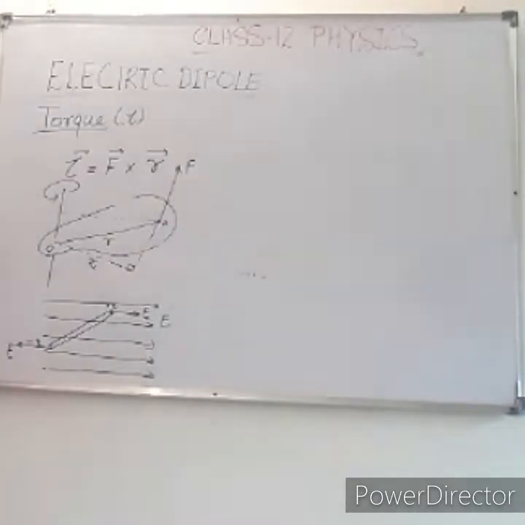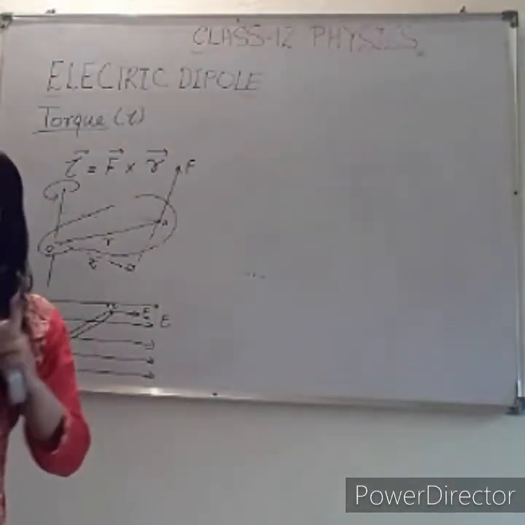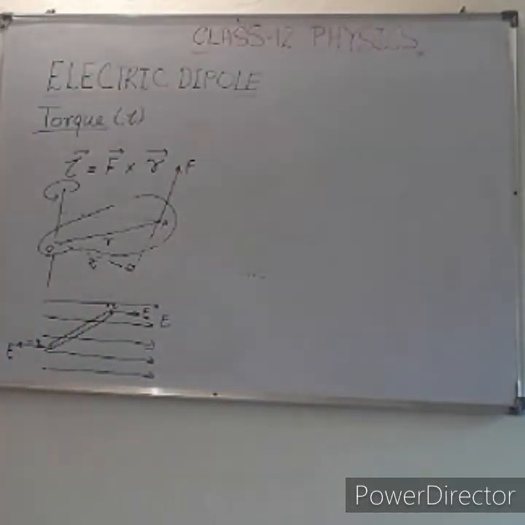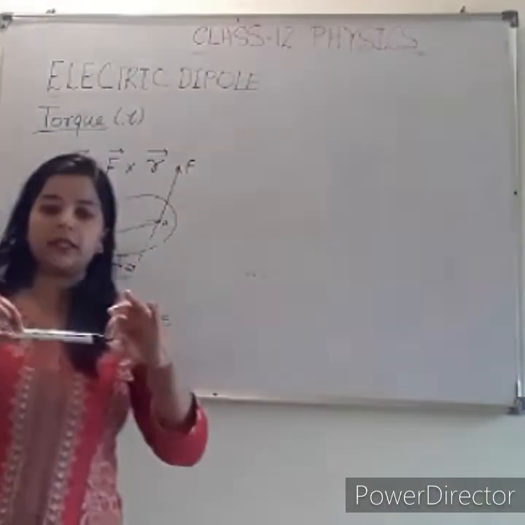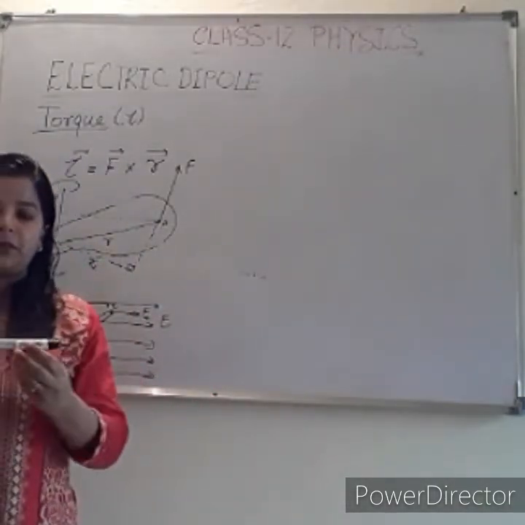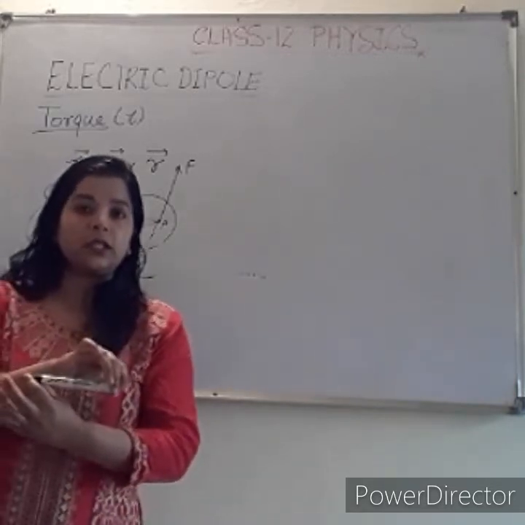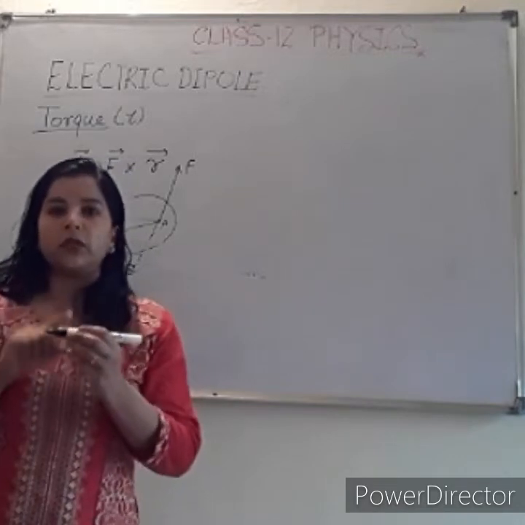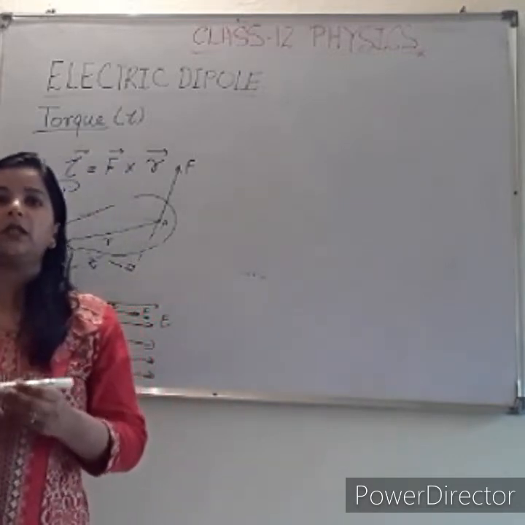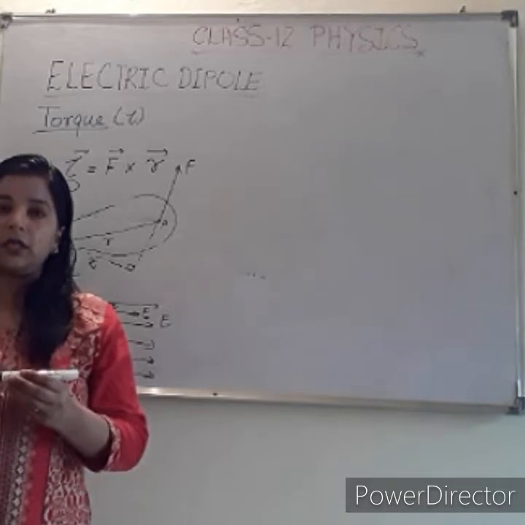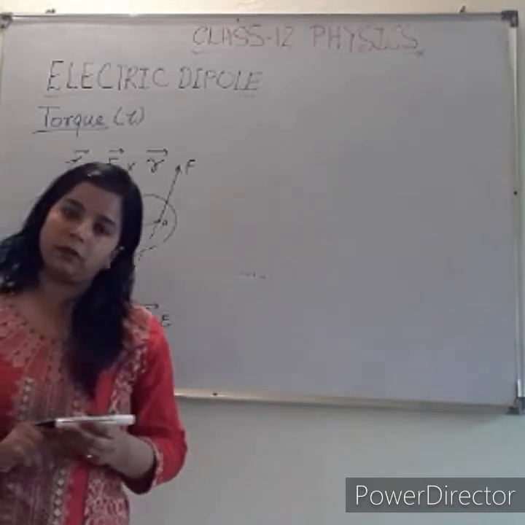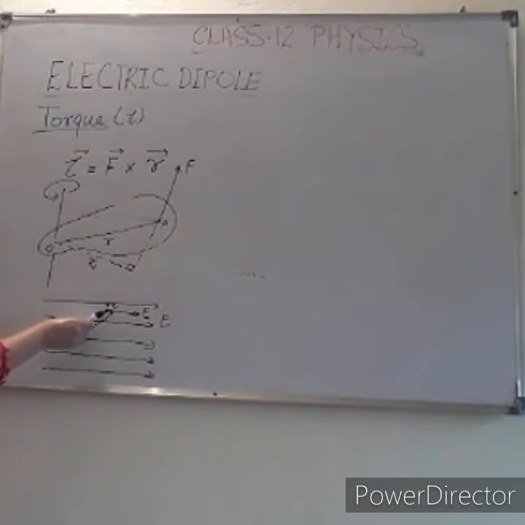What will happen? If this is a dipole and the two forces are acting at the ends of this dipole in this perpendicular manner, what will happen? The dipole will rotate. Till which condition? Until it gets the condition of equilibrium. So here the dipole will twist and turn, and the direction of the dipole moment should come along with the direction of